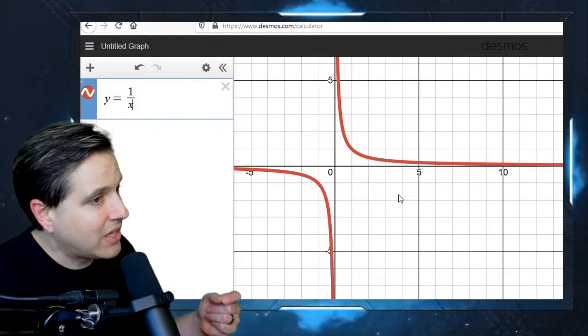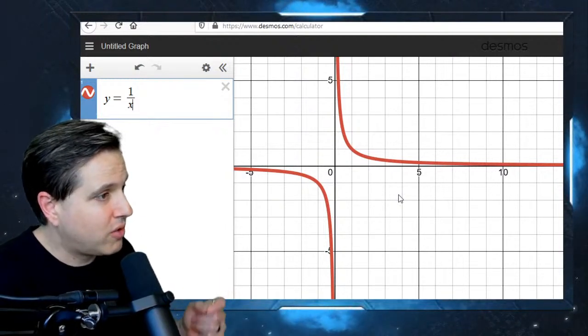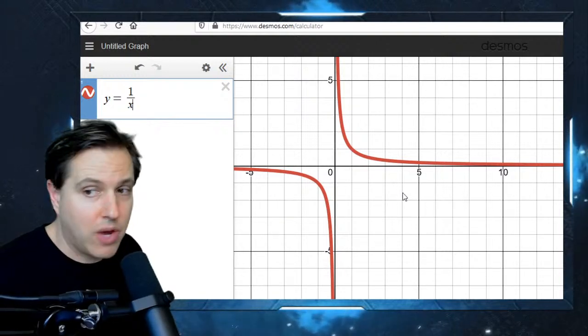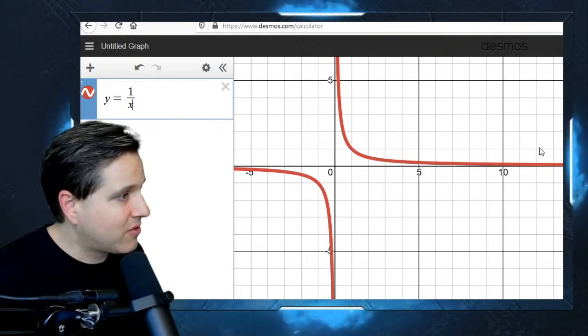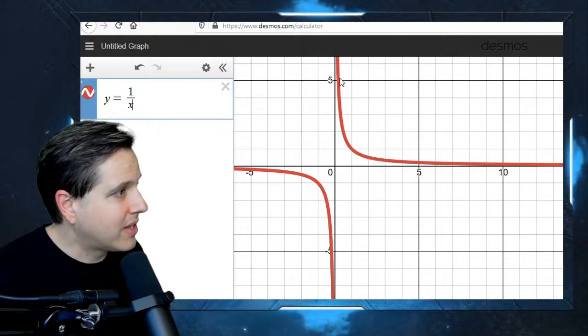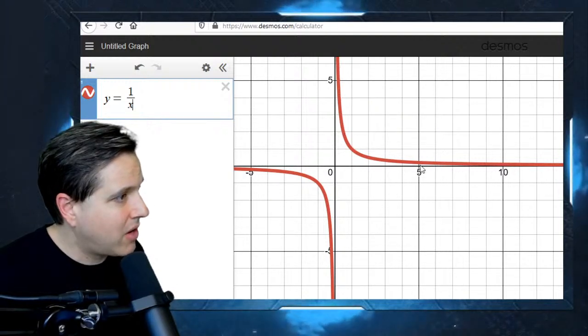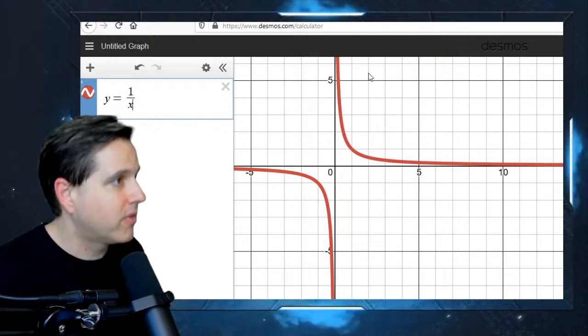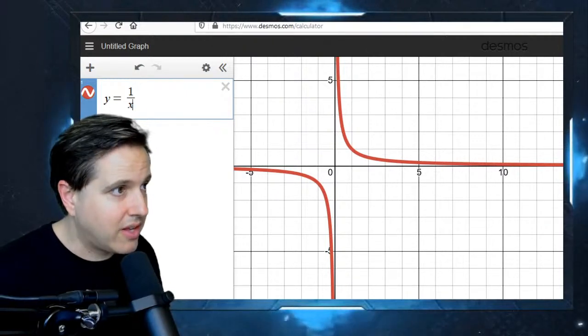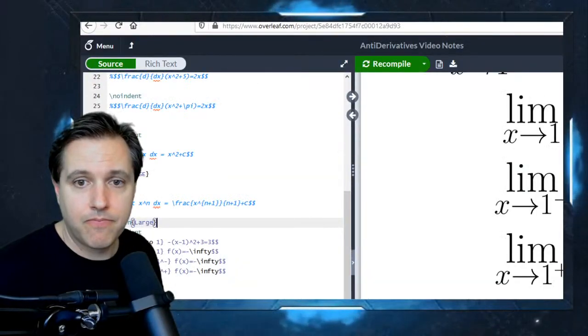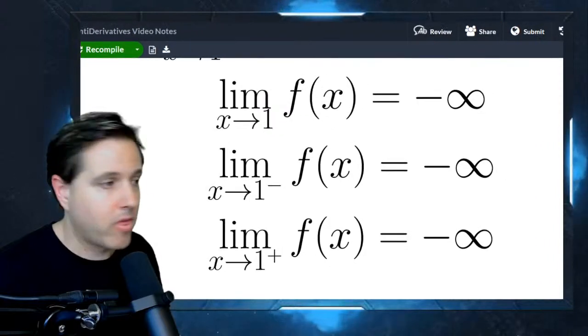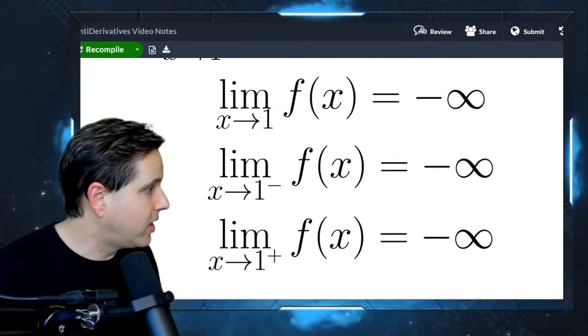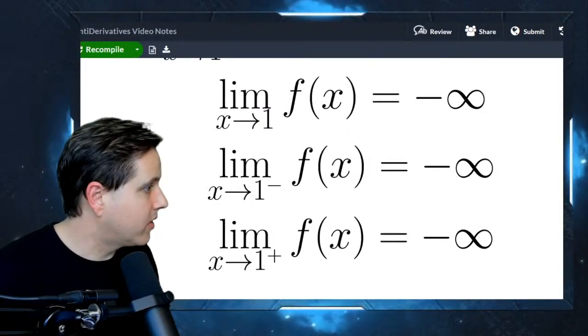So when we talk about the limit as x goes to infinity, we're really just asking the question, what's the end behavior of this function overall? So for this, we can see the end behavior is that it comes down and it's approaching 0, right? So the way we would write this, we would now write this as,